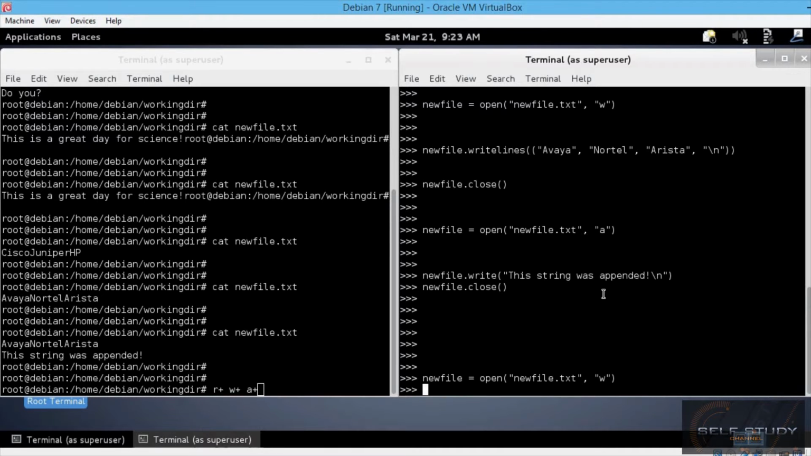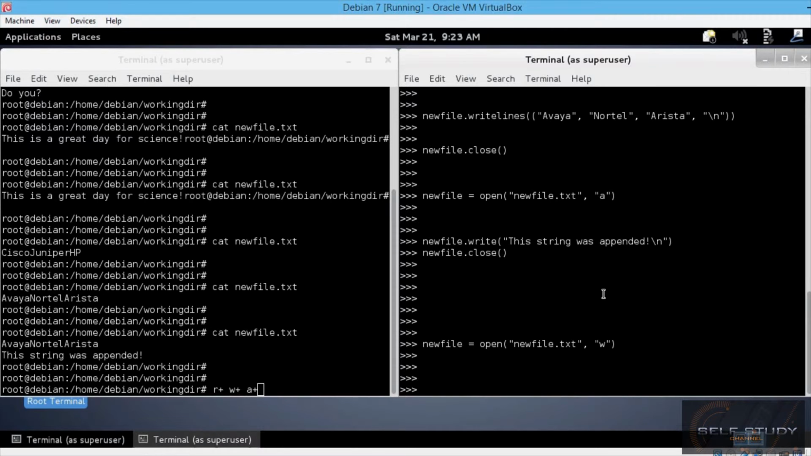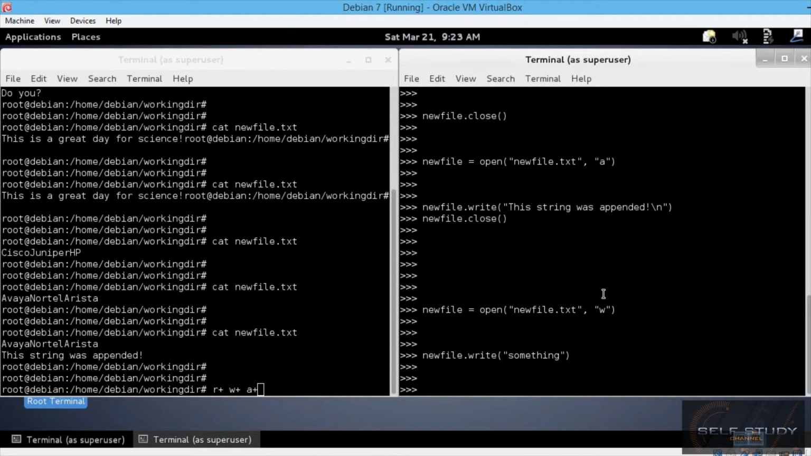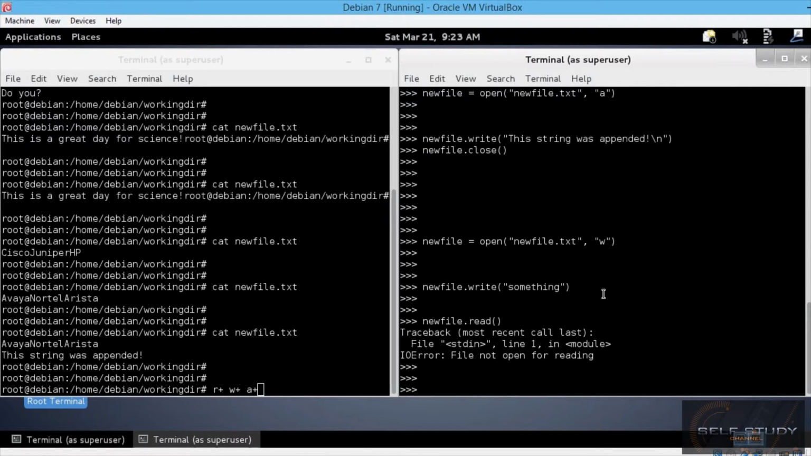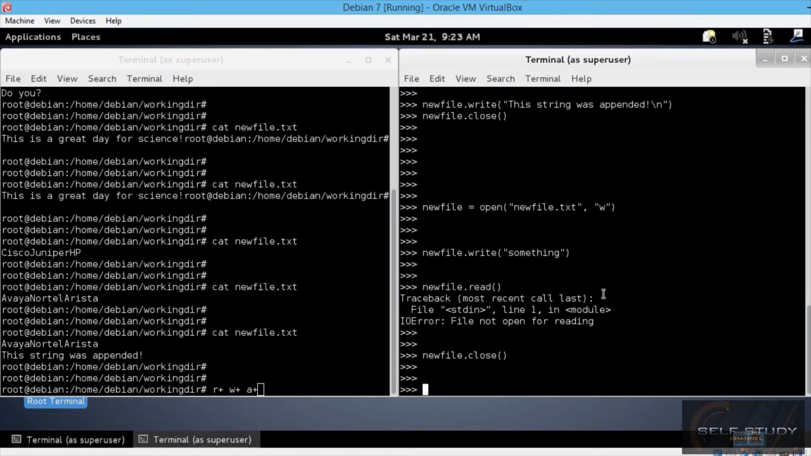Let's open newfile.txt again for writing, using just w, and try to read it. We should get the IO error again, right? So let's say newfile.write something, newfile.read. Now let's close the file and open it using w+. So newfile.close, newfile = open newfile.txt, w+,